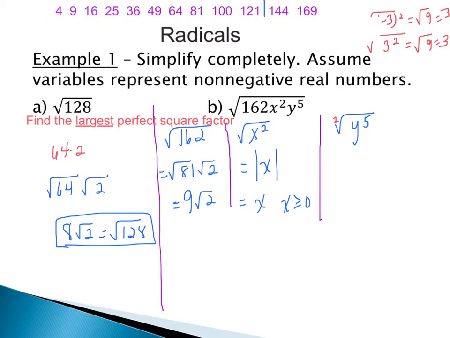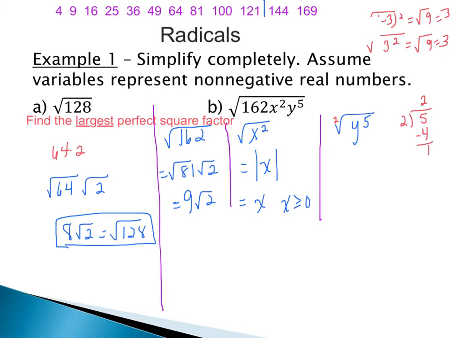But if I think back to my handy-dandy long division, you can do this in your head. You don't have to work it out like I am. I'm doing 2 goes into my exponent of 5. Well, 2 goes into 5 2 times. And then if I work through this, 2 times 2 is 4. We would have a remainder of 1.